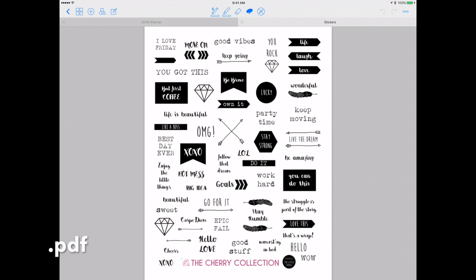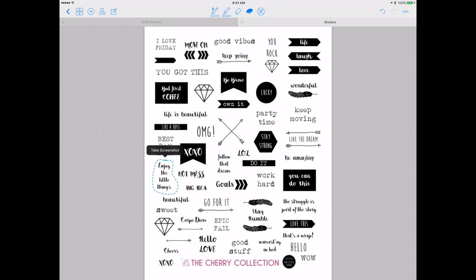So basically, this is being recognized by GoodNotes as one document. And I just want to use a small part of it. Like, I want to use this quote, okay? So what I'm going to do is make sure that my little lasso tool is highlighted, and I'm going to circle that quote,